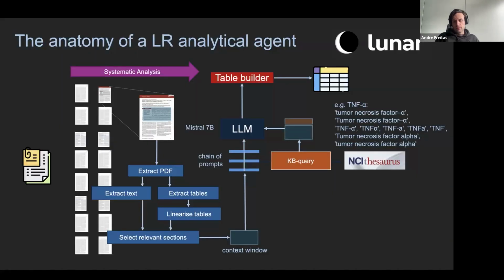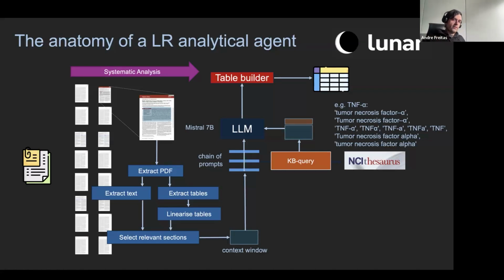Now, to build such an analytical agent, a naive approach is not the solution, right? So one cannot just upload these papers into a certain LLM infrastructure and then just expect that one would have sufficient control to have a clean extraction. As one can see in this diagram, the large language model, the LLM here, is one component out of many other components that need to be in place in order to deliver that controlled extraction, right? And essentially the shape of this workflow,